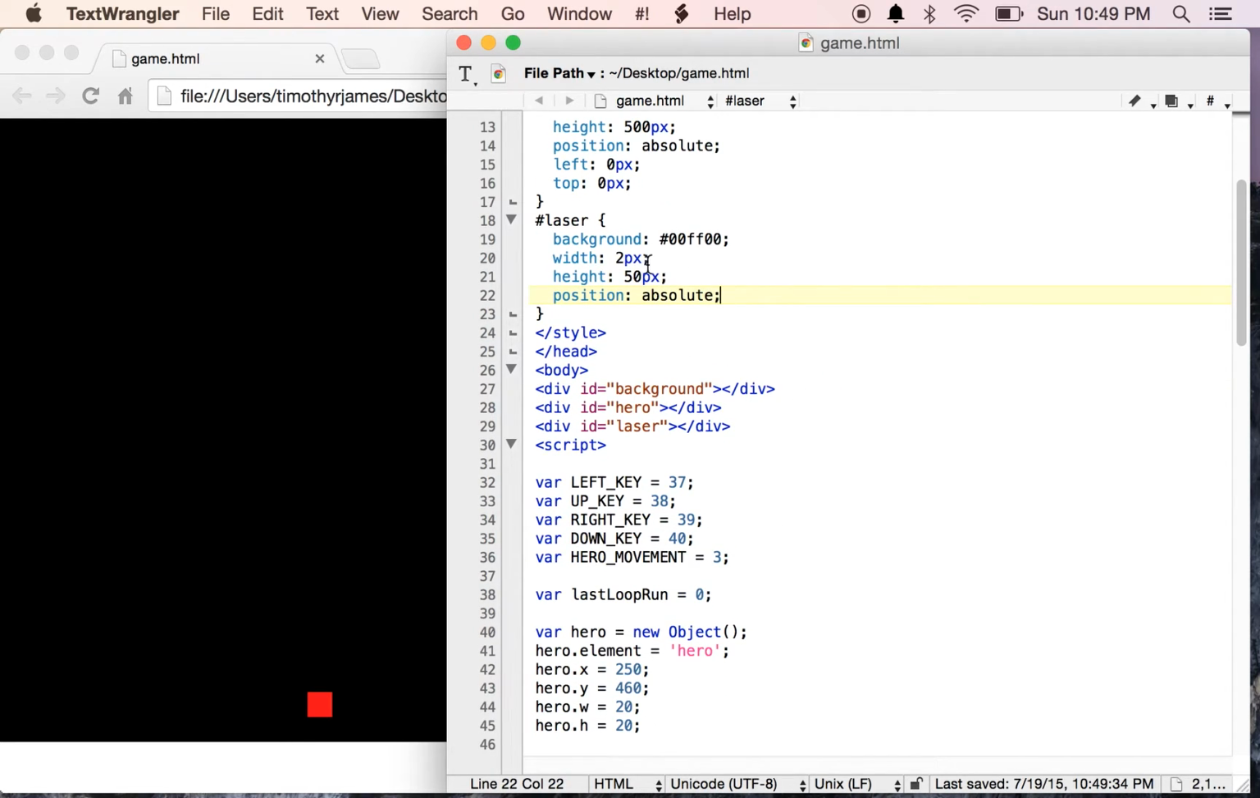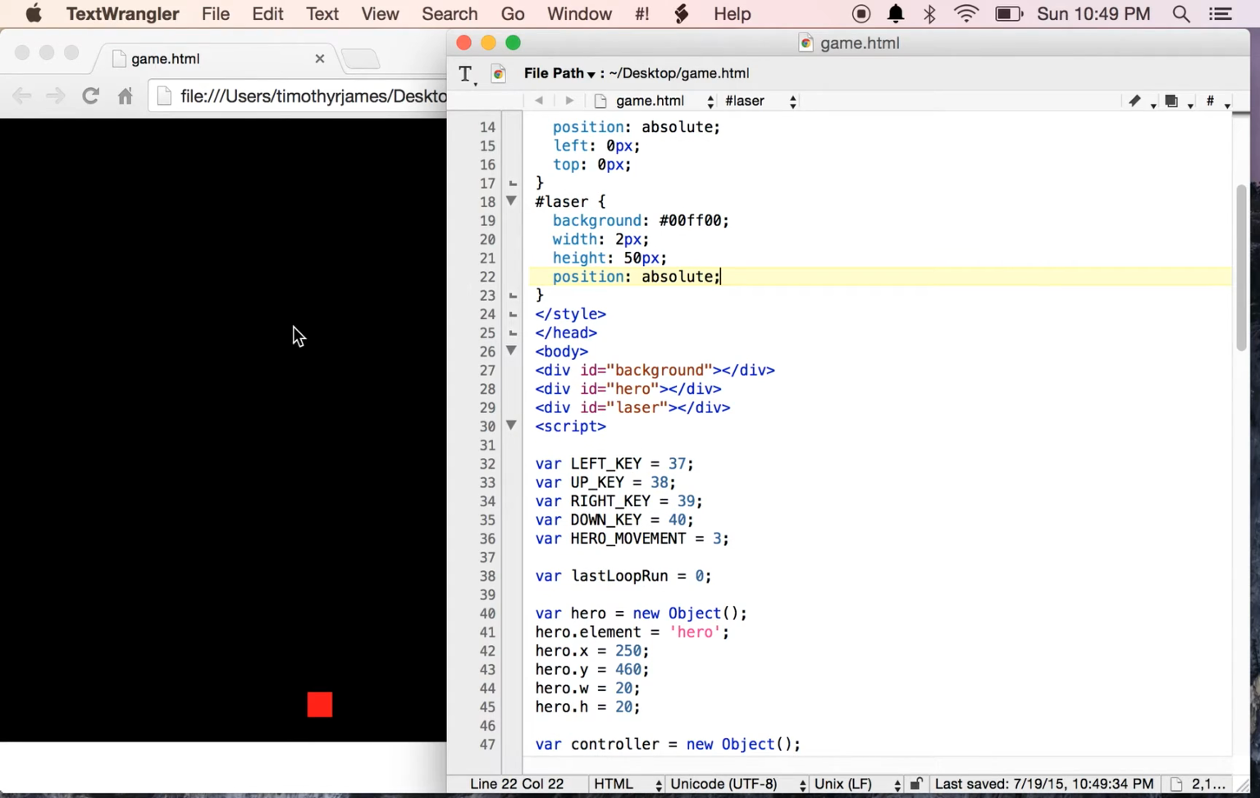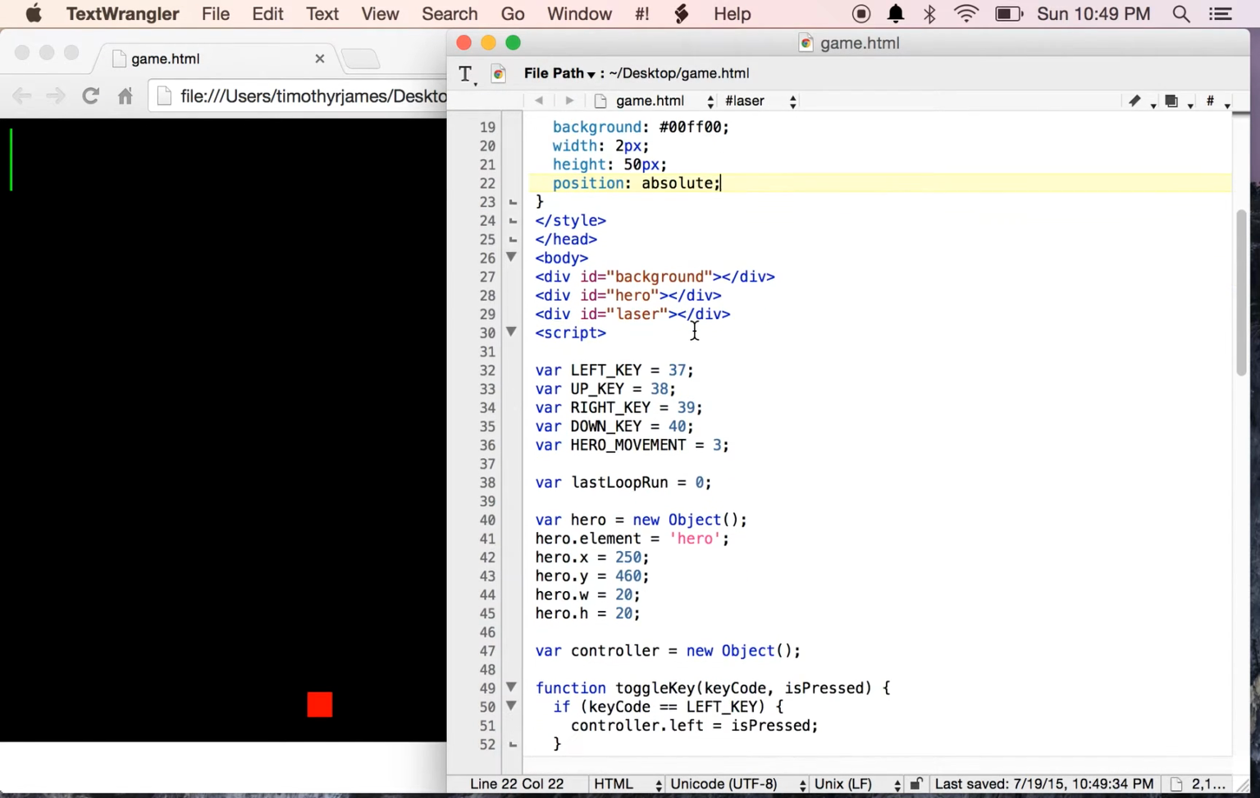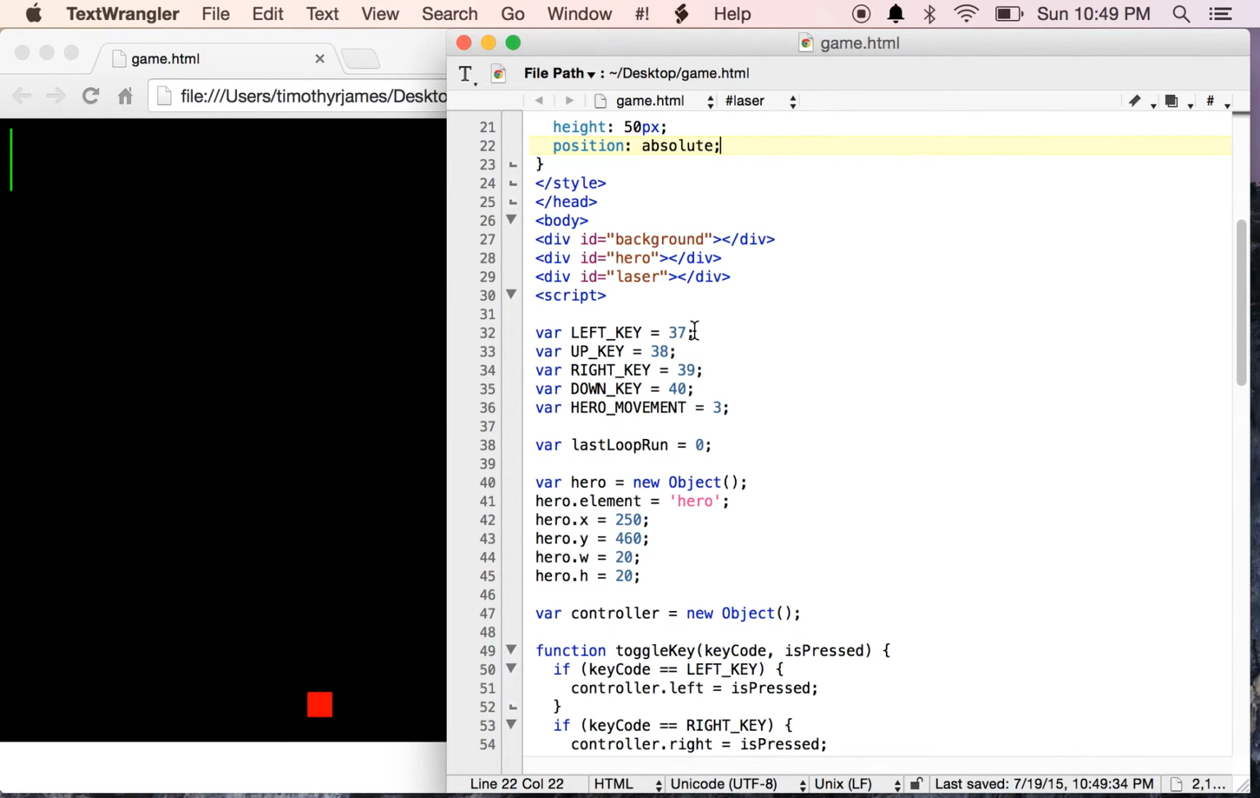So this allows us to show what the laser should look like, and if I refresh, you can see the laser right there in the top left. It's just showing up there, but we haven't animated it. We haven't really set its position yet. We're going to need to do all of those things, but we want to create the laser as a sprite